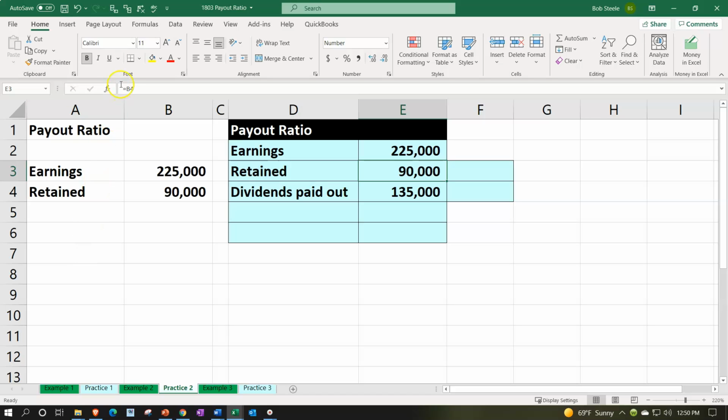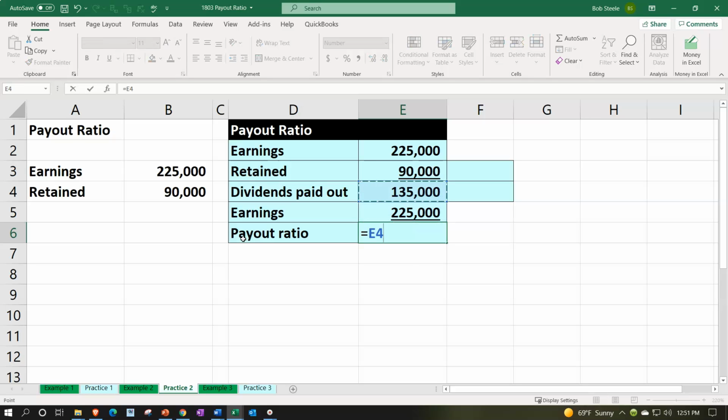Let's put an underline in the 90, font group and underline. So there we have it. And now we will compare this to the earnings. So comparing the dividends to the earnings at the 225,000, putting an underline there, font group and underline, gives us the payout ratio, which is going to be equal to the 135,000 divided by the 225,000,